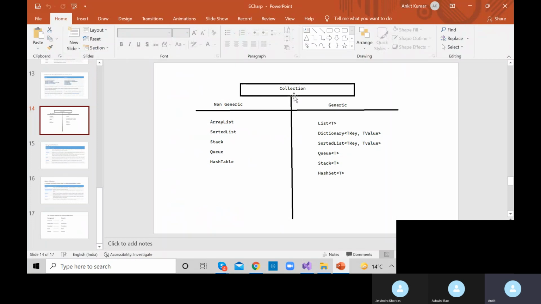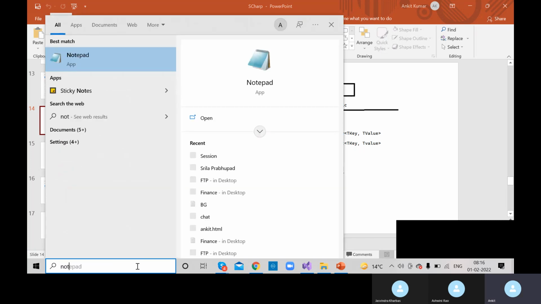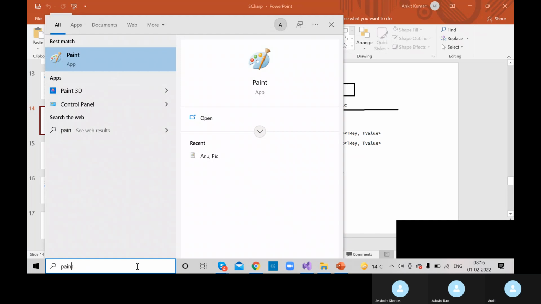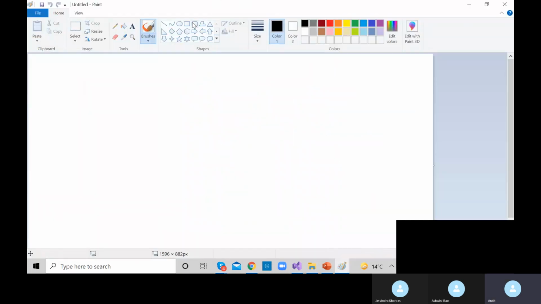In this session we will talk about generic and non-generic collections. And there is one more type, which is not that important, but you should be aware of what it is. I think no one is going to ask you about it at the time of interview, but you should be aware. Let me draw it on notepad. As I told you, we have a super class called the collection class,